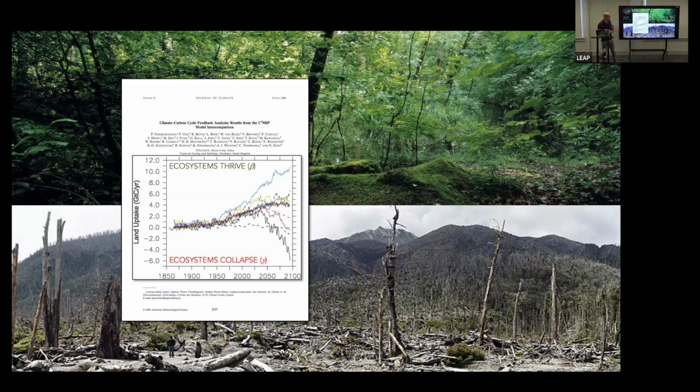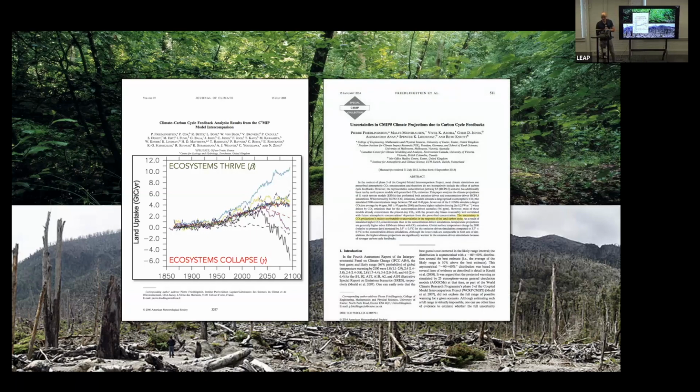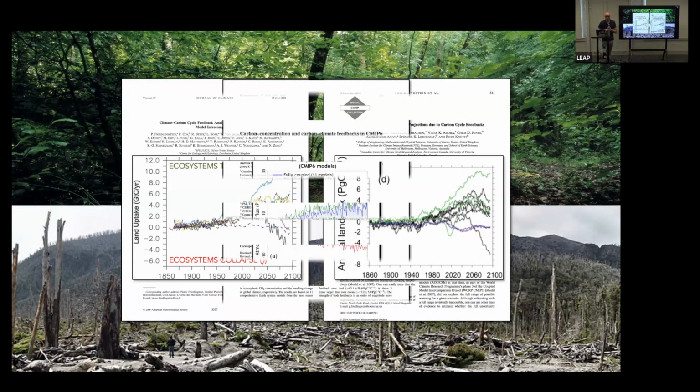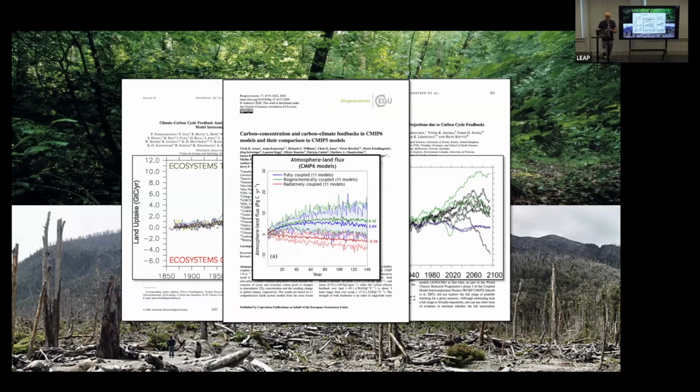This paper was published in 2006. The idea is that the models should start to converge over time as model development takes place, as there's more convergence to observations. Ten years after that, Friedlingstein and colleagues looked at the models again, and it looked like this. Basically that super big spread, with a slightly different color scheme, which isn't going to help anyone except maybe fashion. But the models are starting to converge.